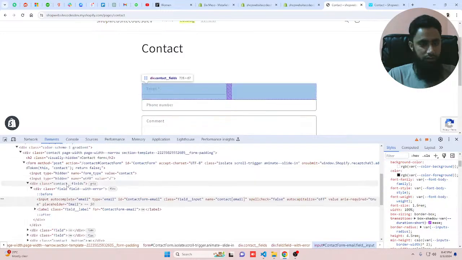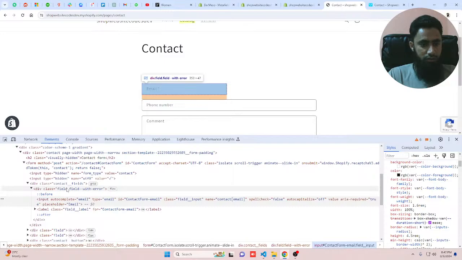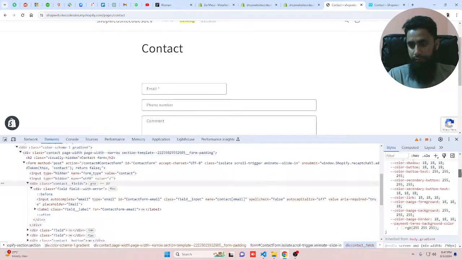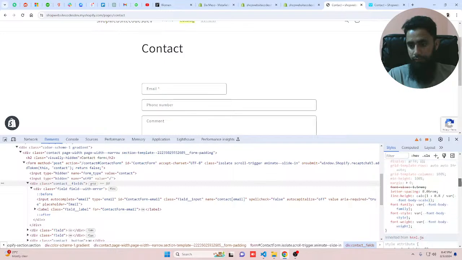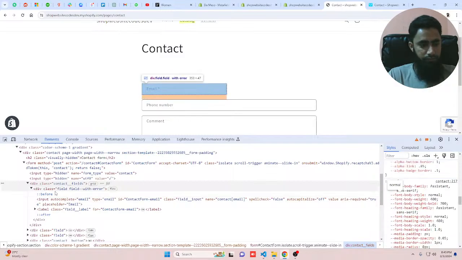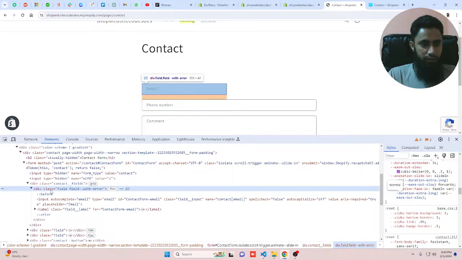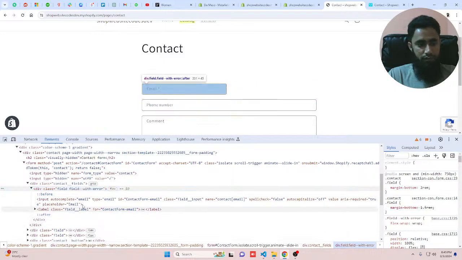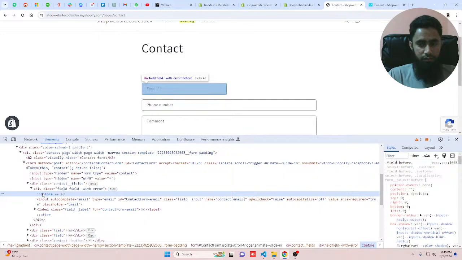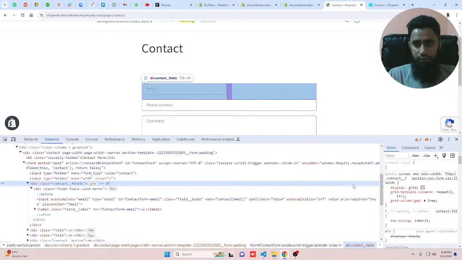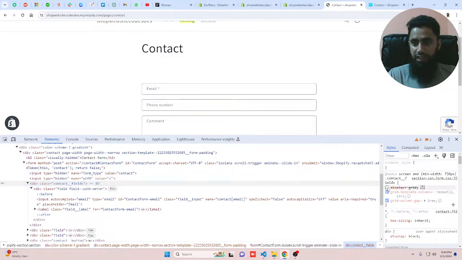From here it is good. This one. Okay, display grid, you should remove this. Okay,